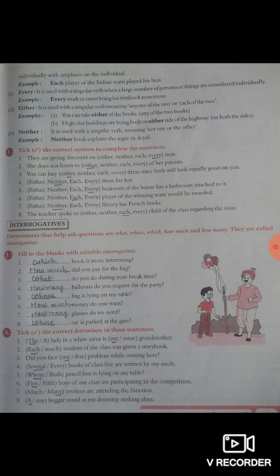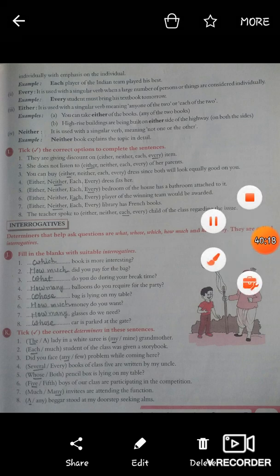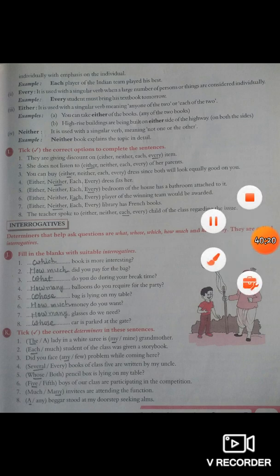Now exercise number I. Tick the correct options to complete the sentences. First one, they are giving discount on every item. Answer is every.